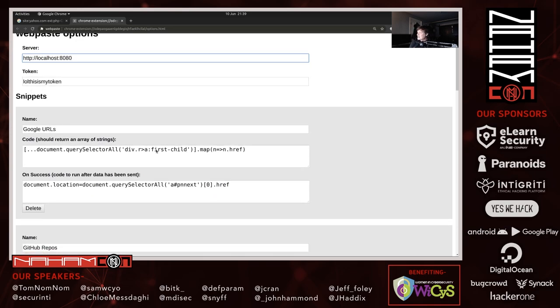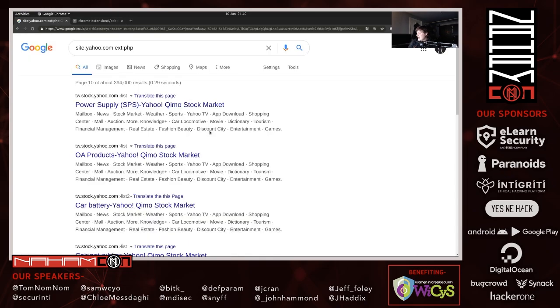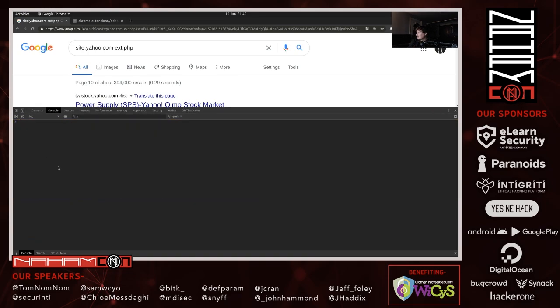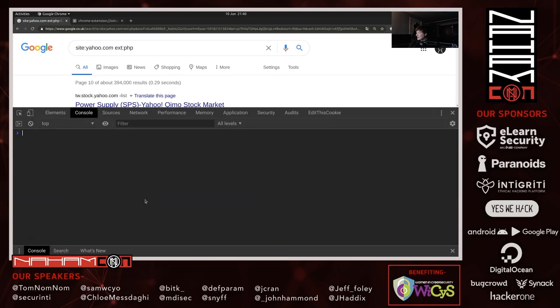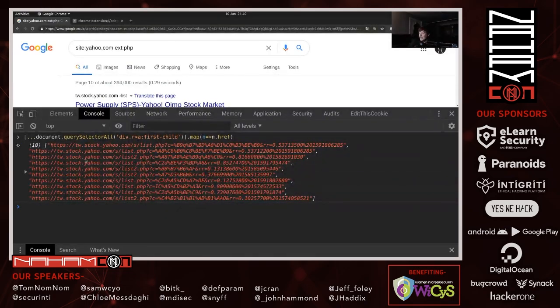So each one of these snippets is not something that's bundled with the extension, but what it really is, is a name and then a couple of pieces of JavaScript. It said here the code should return an array of strings. So if I move back to my Google tab over here and pull up the console and I run this bit of JavaScript, you can see what we get back is an array of URLs.